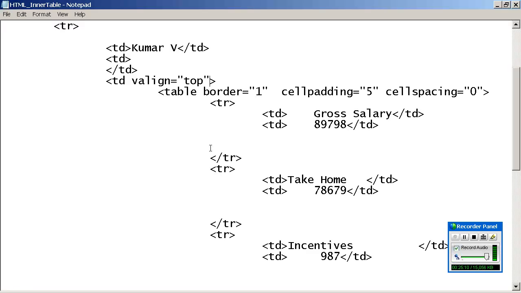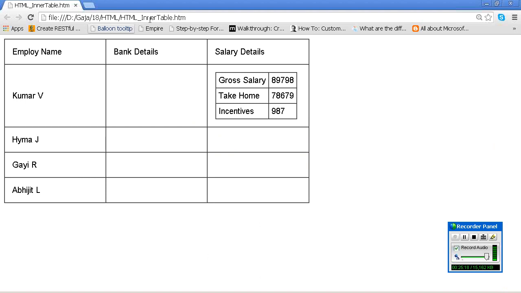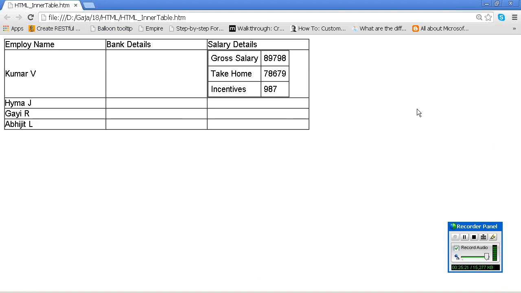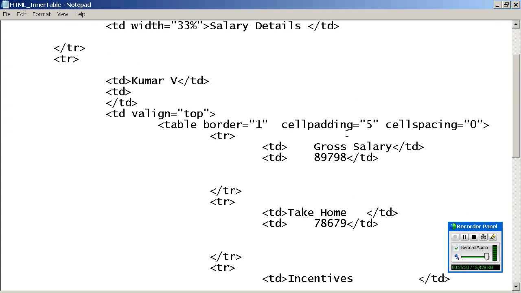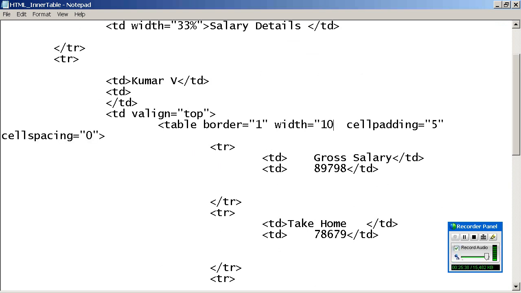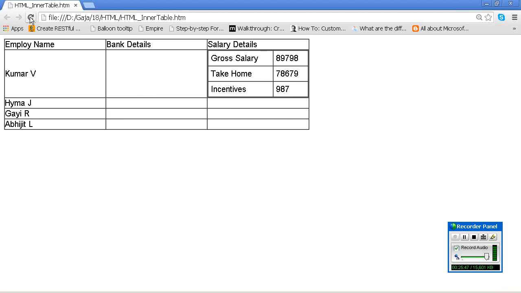Let it next. Here it is having spacing, right? This is what is causing the problem. If I give 0, then it is sitting. Don't worry, I will tell you how to avoid this also. It's sitting. Next, width, you just mention it as width equal to 100%. 100% of what? This TD, yes, this TD, not the top table. You see now? It's fitted or not?